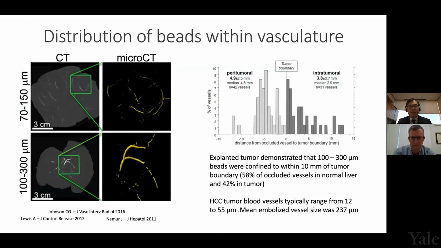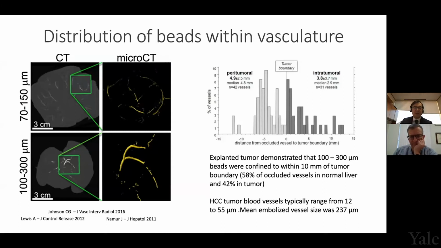Although we've been embolizing with beads and particles for a long time, there is actually a dearth of studies looking at different size particles and how they penetrate into the tumor. Of the few studies that exist, basically what they show is the vast majority of the particles, especially in the range of 100 microns and larger, will be collected in the boundaries of the tumor. Not all will go into the tumor. If anything, most of them will not go into the tumor.